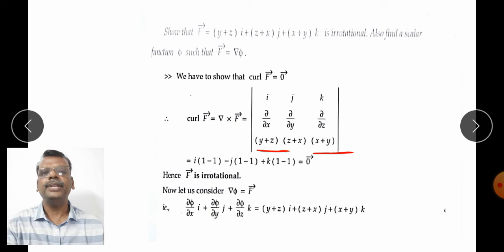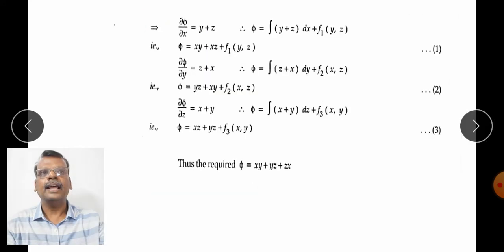Now again we need to find out its scalar potential by taking f bar is equal to del pi, that is grad pi. Grad pi means i dou pi by dou x plus j dou pi by dou y plus k dou pi by dou z. Now by taking f bar is equal to i dou pi by dou x plus j dou pi by dou y plus k dou pi by dou z, and the right hand side here f1 is equal to y plus z, f2 is equal to z plus x, f3 is equal to x plus y, and equating the like term